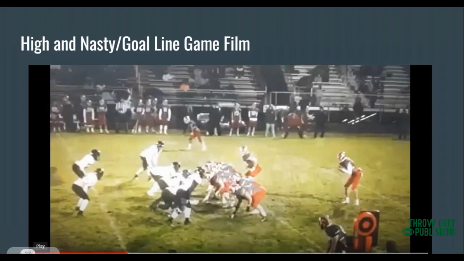All right, so one of the things we also tried to emphasize is what we call the high and nasty tackle. It's very similar to a goal line tackle, but we're trying to either stop a short yardage play or protect the goal line. We also teach this if the entry point for our tackler is not perfect. We always want to be nose to numbers, but the reality is it doesn't happen every time. So we teach them, if we call it a high entry point, if he comes in high, we end up just treating it like the high and nasty or the goal line